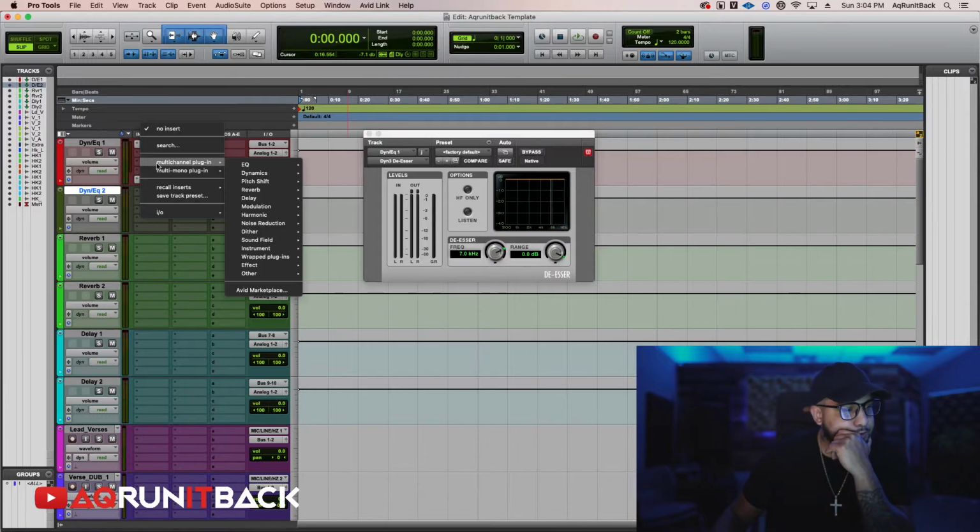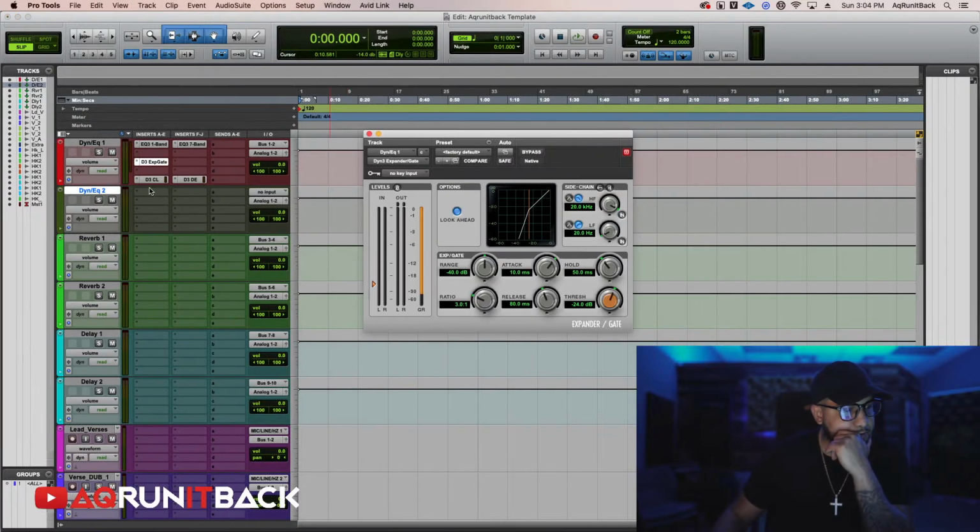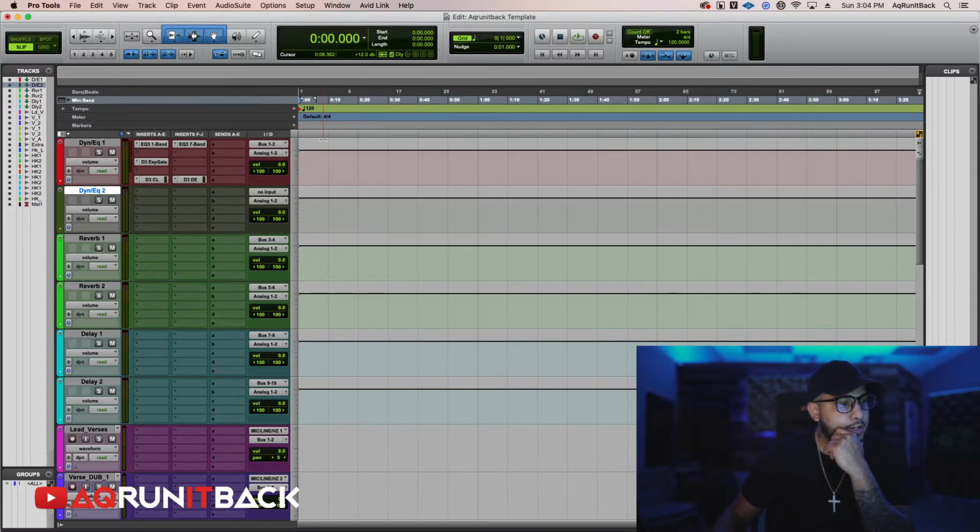And I usually put an expander too here before hitting the compressor, just to take out any unwanted noise of the room around there or something, you know what I mean? And then I would just copy the same thing here to the bottom one. Boom, boom,